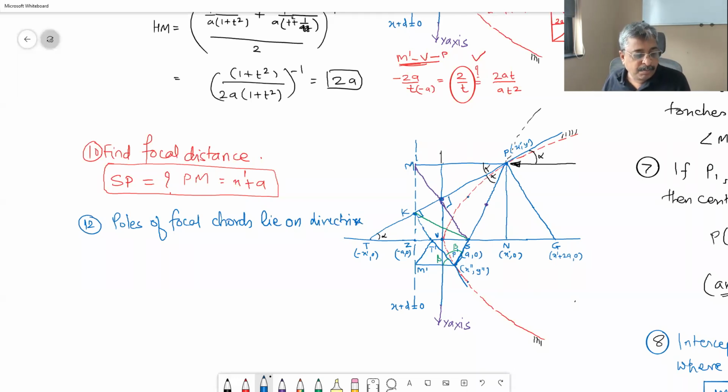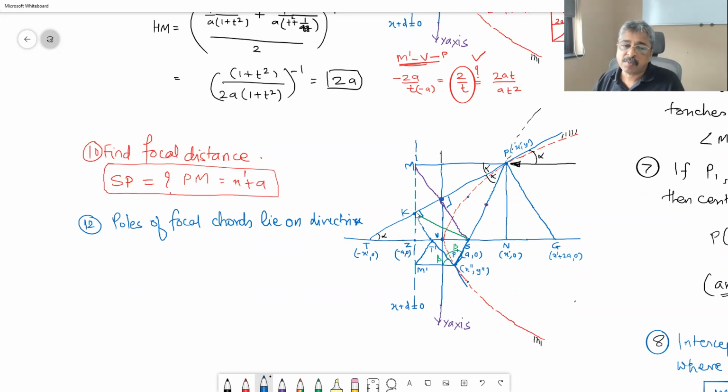Next property, property number 12: poles of focal chords lie on the directrix. If you happen to draw, so in terms of polar, you have to look at p dash and I think maybe k. Is it easy? Because perpendicular tangents intersect on the directrix. Basic definition of chord of contact. So p dash is a chord of contact which happens to be